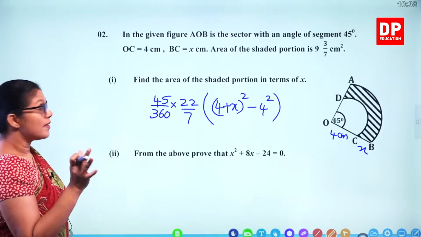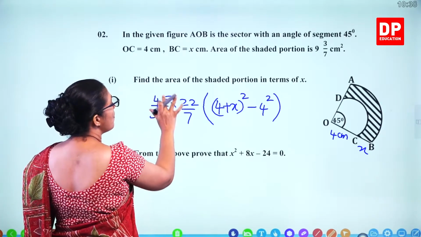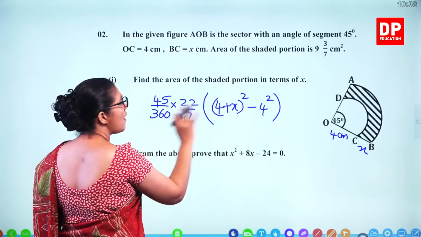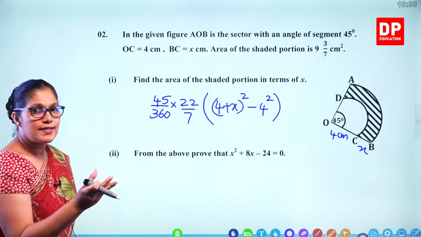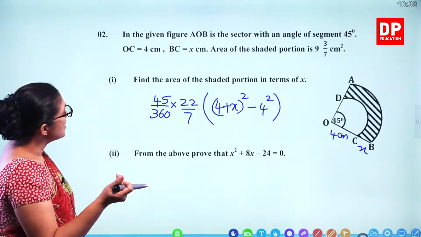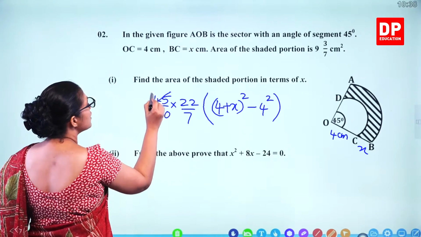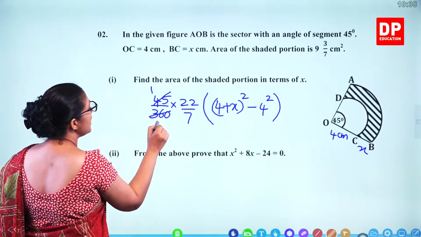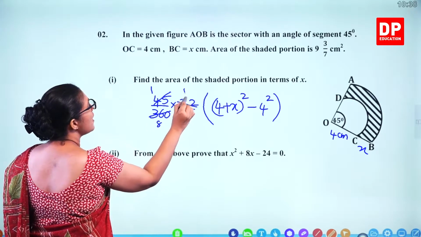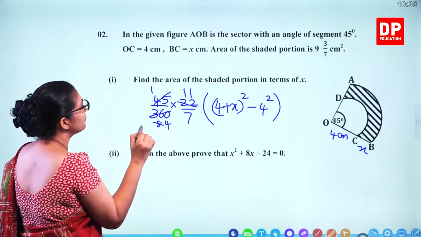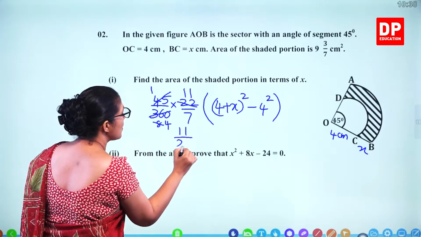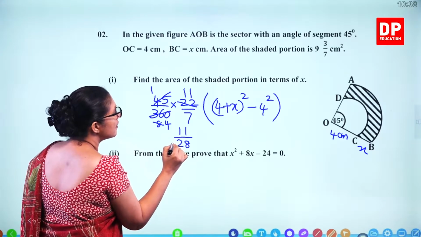So I wrote at once. So angle over 360 pi r squared for the bigger one minus again angle over 360 into pi r squared. So that's the area. So we'll simplify this. 45 times 8, 2 times 4. So 11 over 4 times 7, 28 is equal,